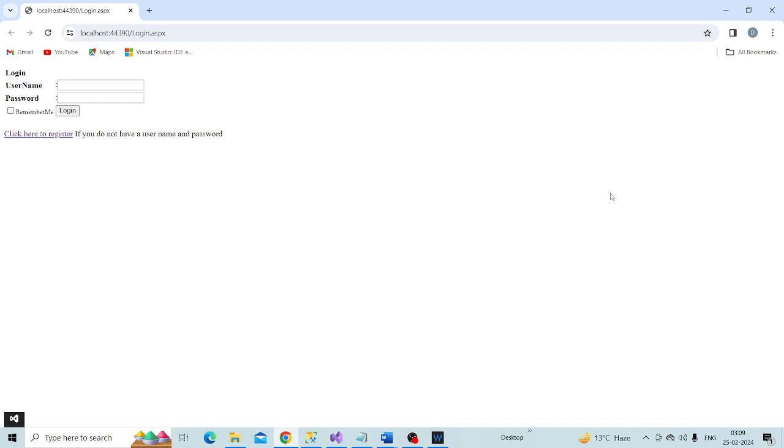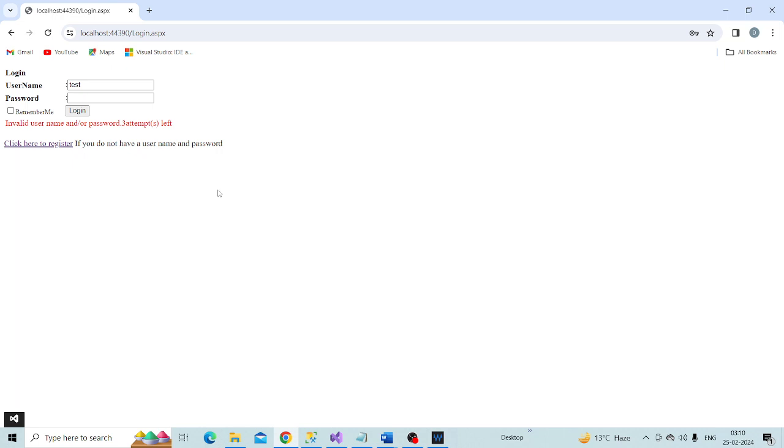Let's try and enter test as the username, and I am entering an invalid password intentionally. If I enter wrong password, invalid password intentionally, and click login button,